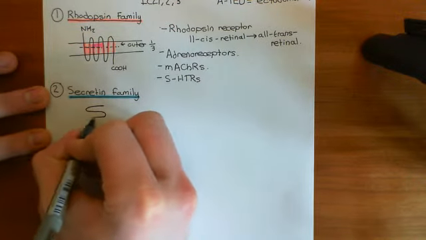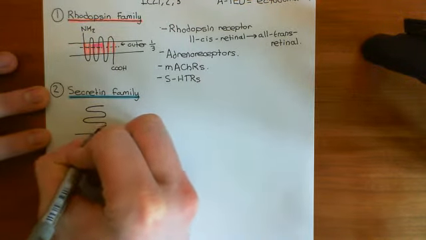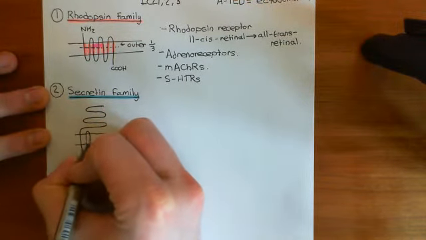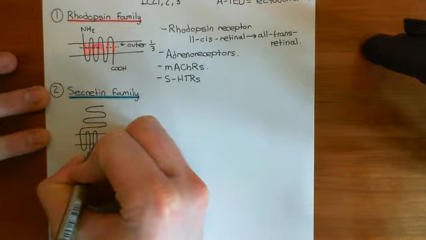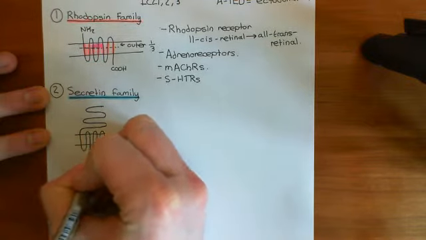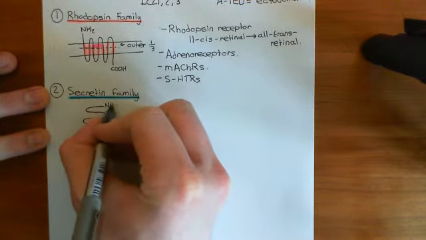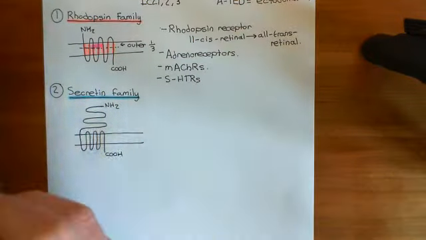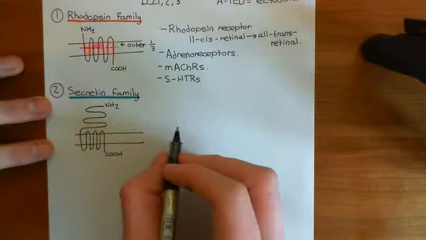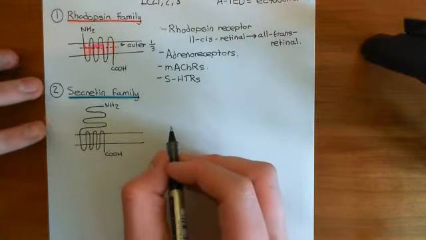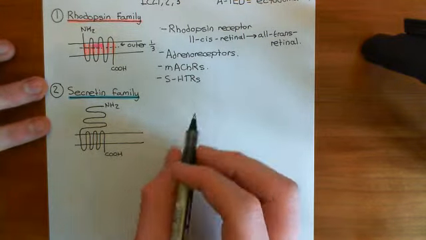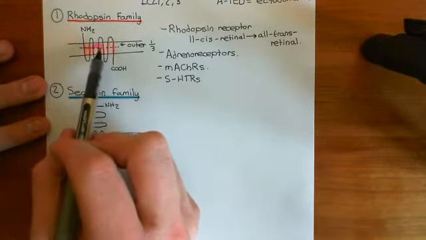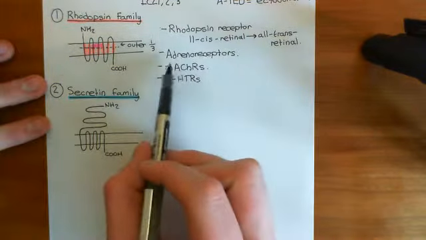Well, these G protein coupled receptors are generally going to have very large amino terminal domains, much larger than the rhodopsin family G protein coupled receptors. Here's the amino terminus, here is the carboxylic acid terminus, and they are generally going to have ligands that are peptides. Whereas the rhodopsin family G protein coupled receptors can have very small molecules as